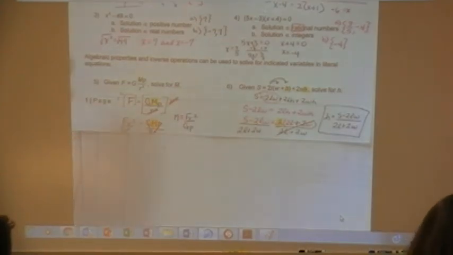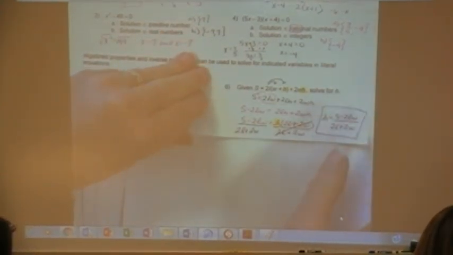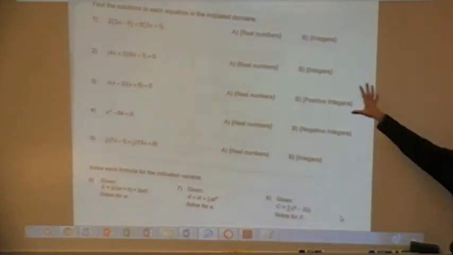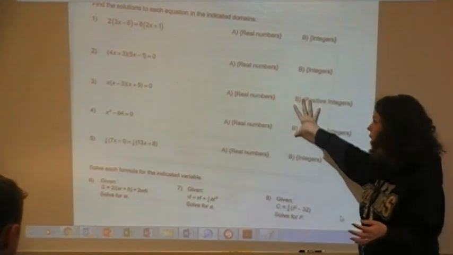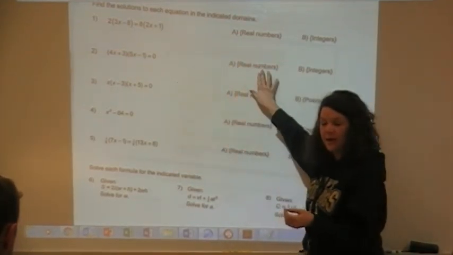That one was a little bit tricky. All the rest of it pretty easy. Okay, so this is your assignment. It's exactly like what we just did. Do not forget that you have to apply the domain specifications after you solve. Solving and getting an answer isn't enough. You have to make sure that it fits inside